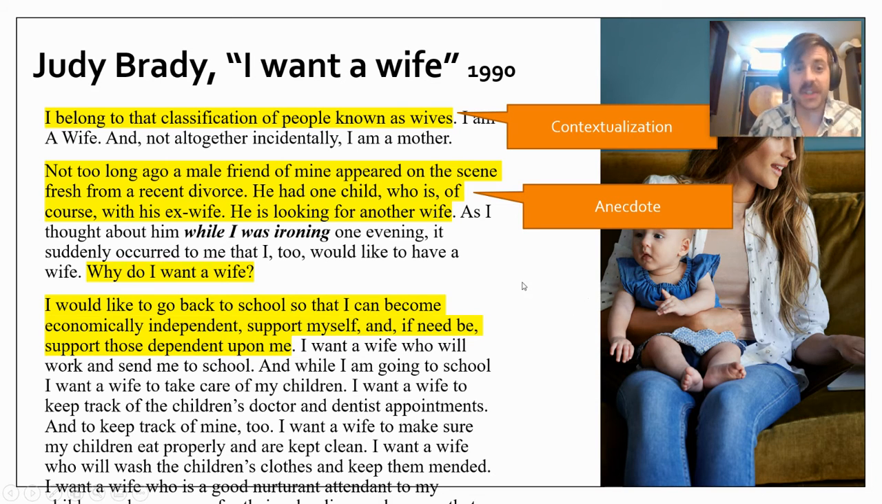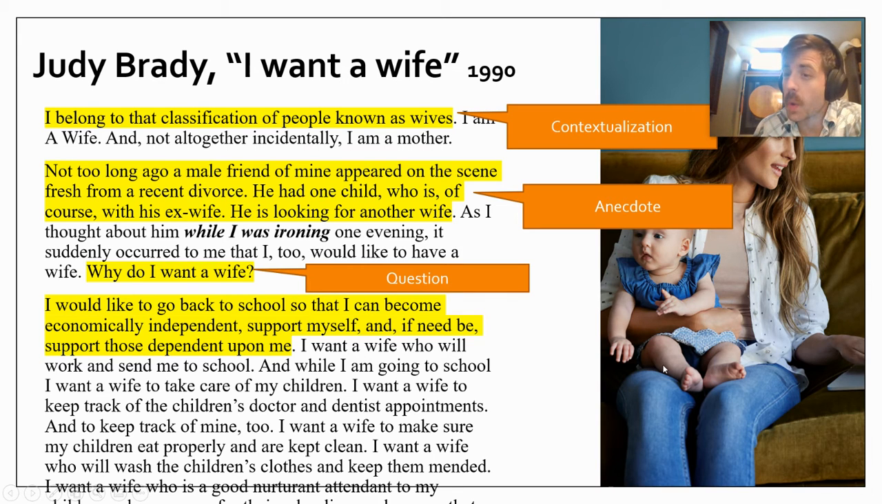And then here's a good use of a question. And as I thought about him while I was ironing, some good irony there, one evening, it suddenly occurred to me that I too would like to have a wife. Now, why do I want a wife? That's a good question. It's a good rhetorical question that she goes on to answer, but she also uses it